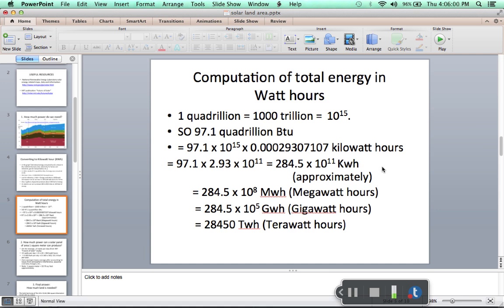That is the amount of energy that was used altogether in all kinds of ways for transportation, heating, industry, everything, electricity, natural gas, all of that produces energy, and all of that total comes to 284.5 times 10 to the 11 kilowatt hours approximately. So now the next question is,